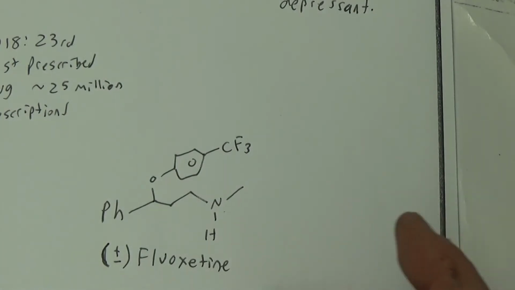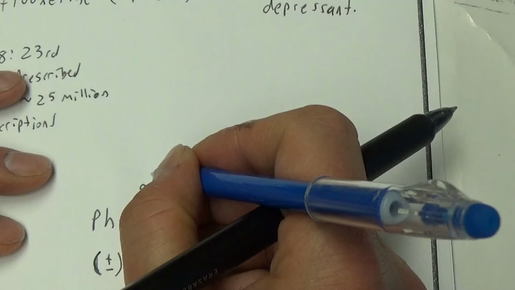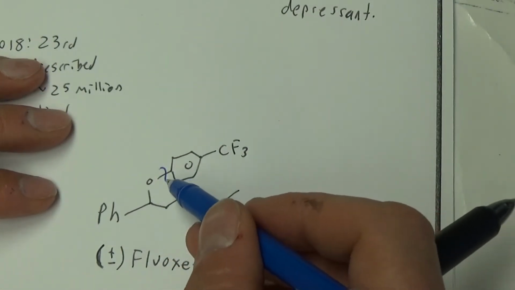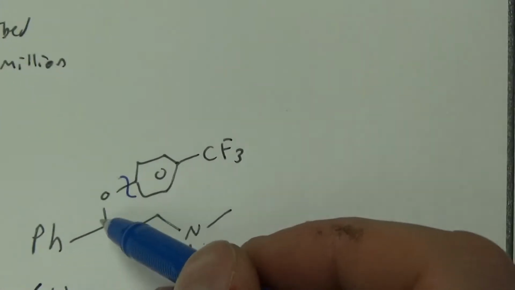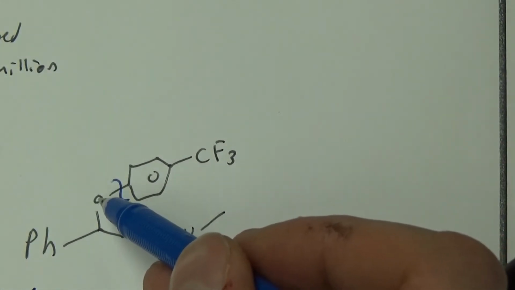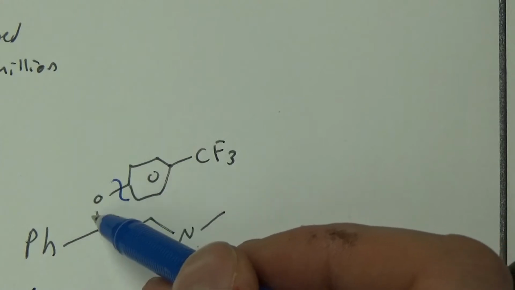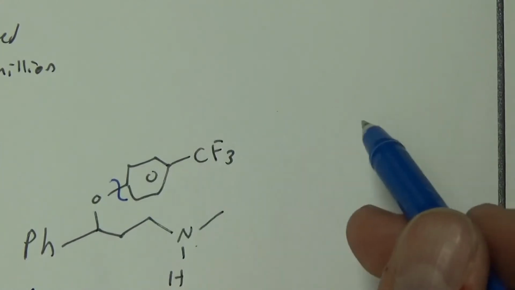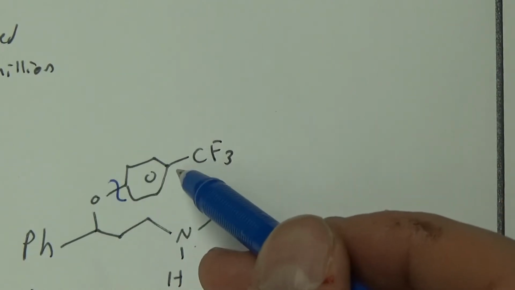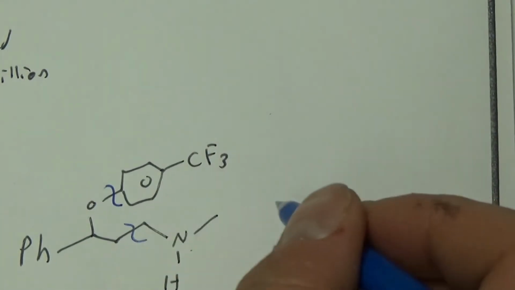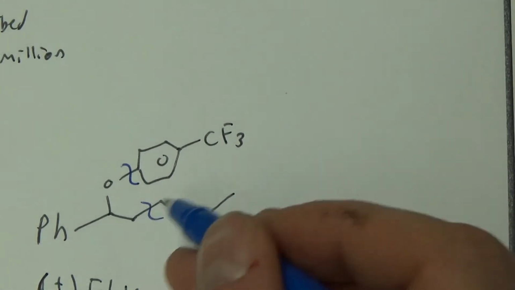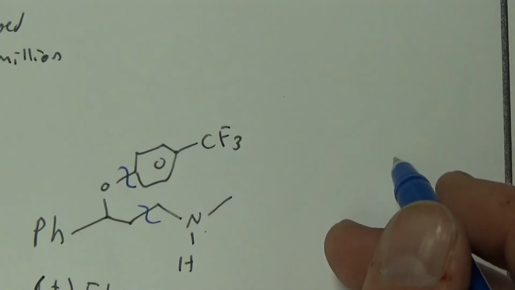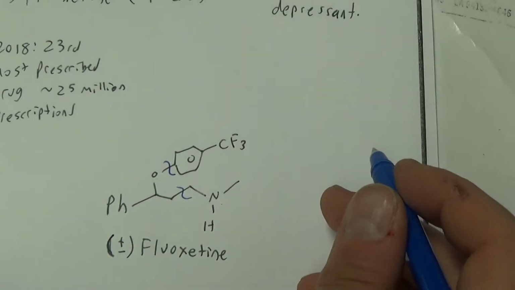So synthetically, they can build this from just attachment of the oxygen to a benzene. That's a weird place to connect, that atom to that atom. Usually you'd think we'd make an ether, like a Williamson ether synthesis or something like that, but they did this slightly differently commercially. And they actually make this bond also. So we're going to take this left piece and attach these two pieces, okay? Alright,